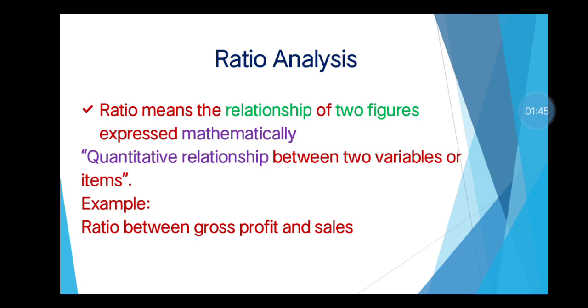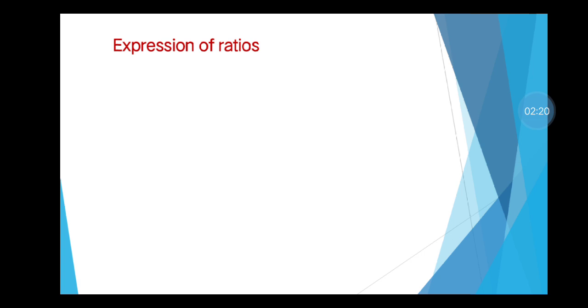Today we are discussing how these different ratios can be expressed. We are going to learn different sets of ratios like profitability ratios, turnover ratios, activity ratios, liquidity ratios, so many sets of ratios we have to learn. All these ratios are expressed in different ways. So how can the ratios be expressed? That is the topic of today's discussion. The ratios can be expressed in 4 different ways. What are the 4 different ways of expression of accounting ratios?